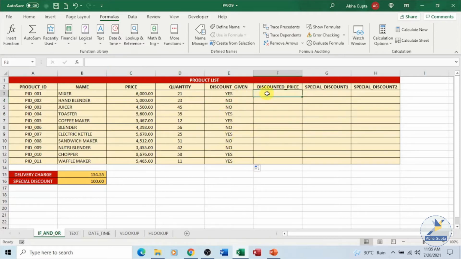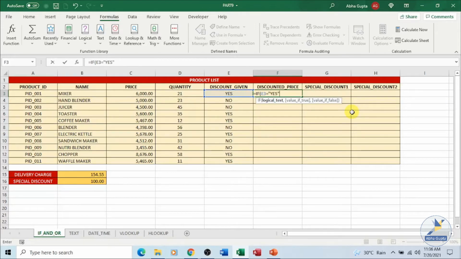Let's see another example where we want to do the calculation in the IF function itself. Say I want to use IF over here, and if this value over here is yes, we want to give a discount of 500 on this particular price. So either you can type in the same thing, C3 is greater than or equal to 5000, then it should be calculated, or you can simply check this value also. Let's say if this is equal to, we'll take that calculation also in a while.